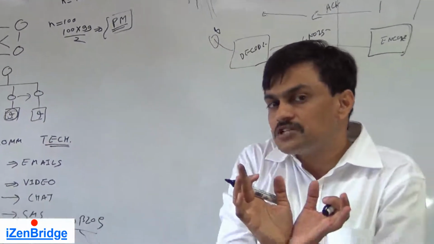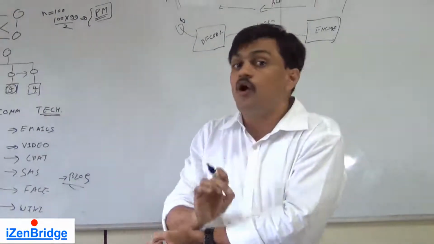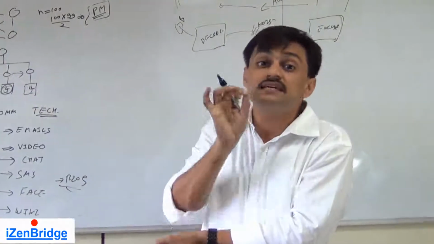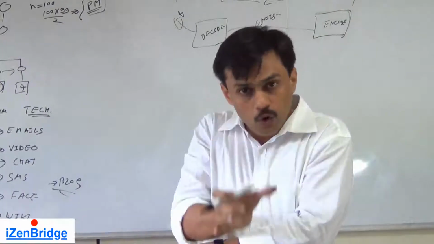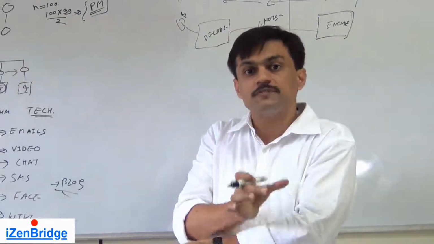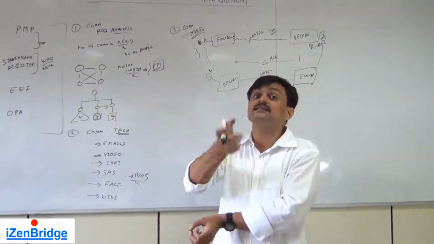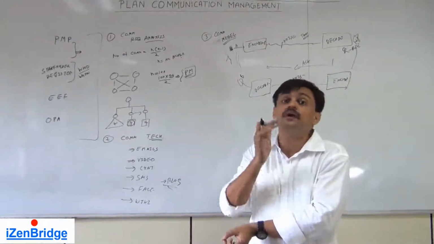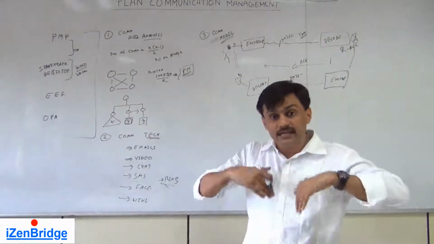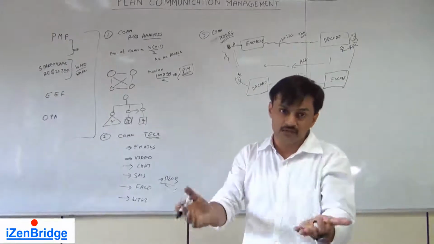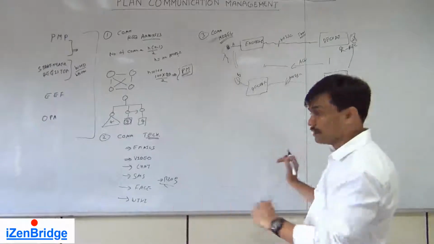How is it important as a project manager? You may tell your team members that whenever you have an email of this category, whenever you get a service request, whenever you get a defect report, you need to have an acknowledgement for those. This acknowledgement should ensure to the sender that at least the request has been received. After that, you may enforce a rule where they also need to write their interpretation of the problem back to the sender. So this is how the communication model impacts your communication management plan.